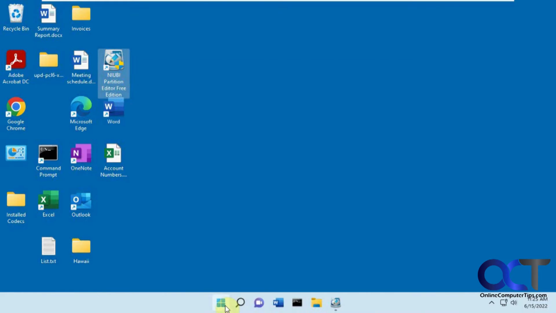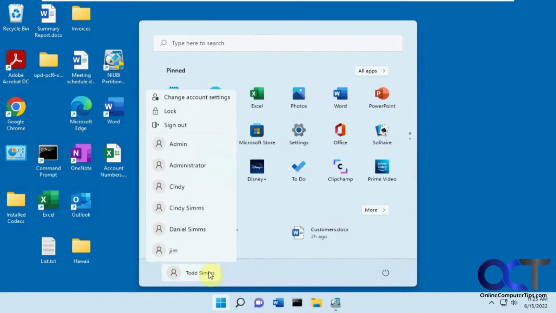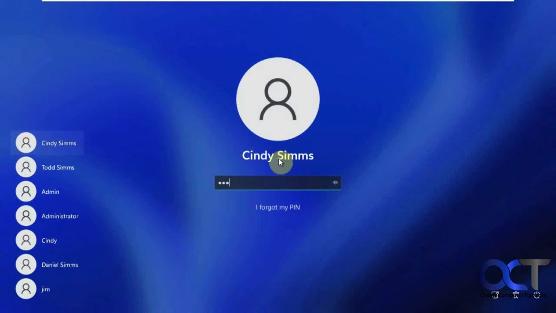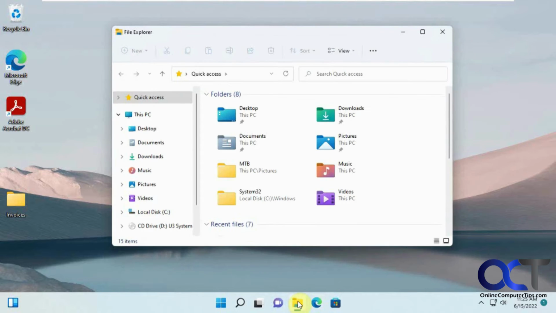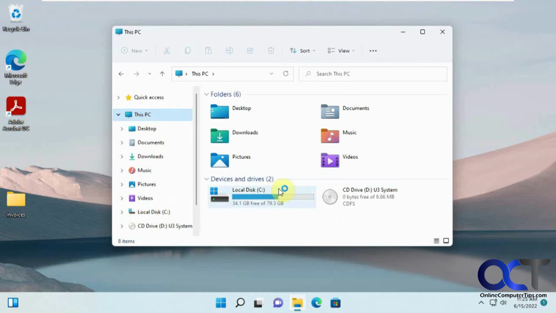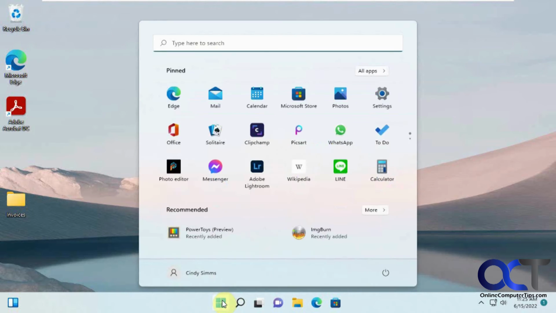Your results will vary on that as well, so you have to play around with it. And then if we go and log in with another user, and then go into File Explorer, no E drive there as well. And if this user tries to open the NIUBI program, assuming they'd even know what it did or that it was even installed,